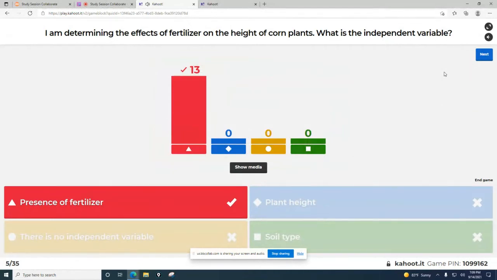Excellent. Okay, so I heard from the grapevine that a lot of people were struggling with independent and dependent variables, but from the looks of this, it looks like it's not you all. So great. But just remember that our independent variable is usually the variable that's directly manipulated by the researcher, and it usually causes direct change in our dependent variable. That's why the dependent variable is called dependent, because it's dependent on the independent. Making those connections. Very good.